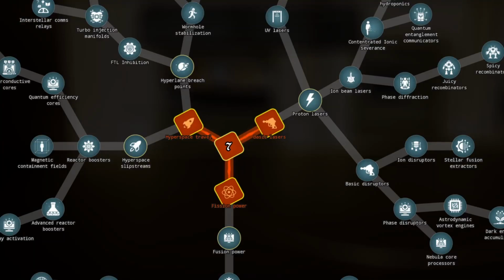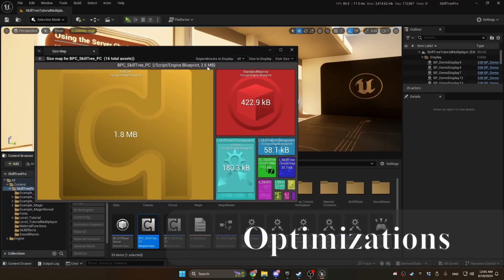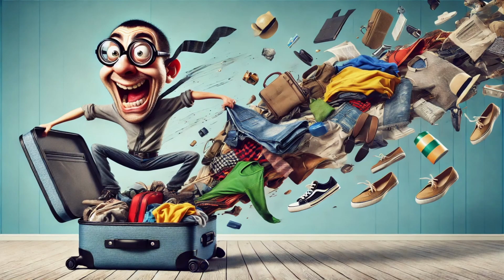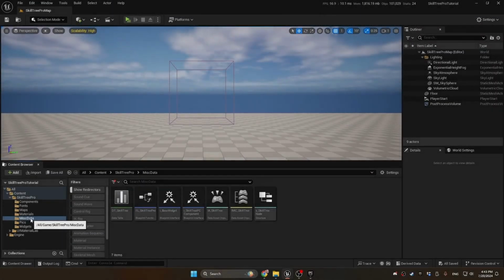In this video, we'll walk through a practical aspect of creating a scalable, optimized skill tree. We'll load all the tree's textures from soft object references in a data table and then asynchronously batch load them only when they need to be seen. So we'll start here in our content browser, going down to the MISC data folder and opening up our S